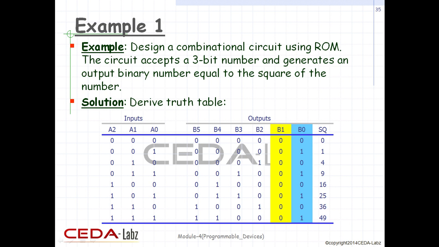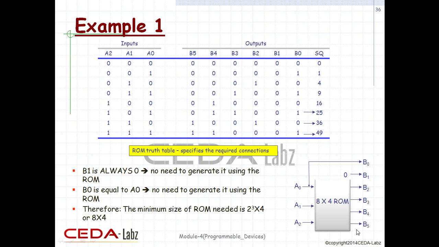Based on the information, we derived the truth table. In the truth table, we take 3-bit input numbers in the form of binary. Also, based on the input information, we draw the output truth table, which shows the square of the input number in terms of binary. As you can see from the table, in the third row, if we consider input values,